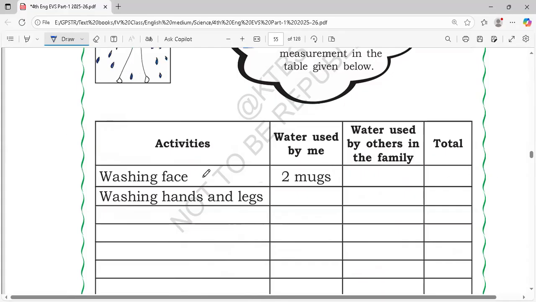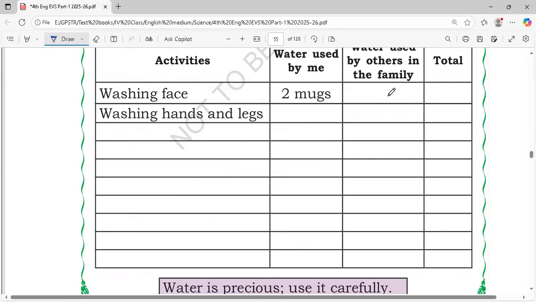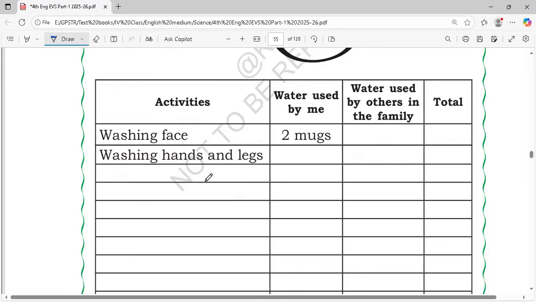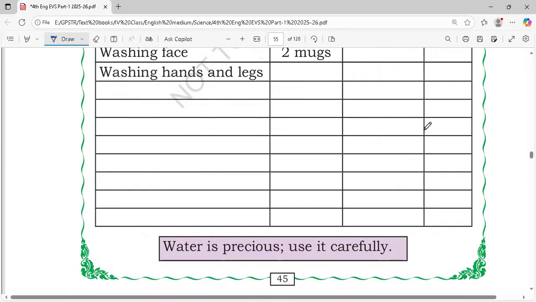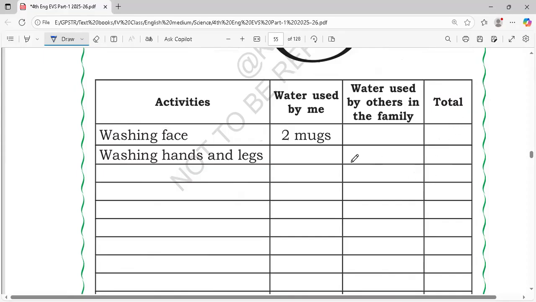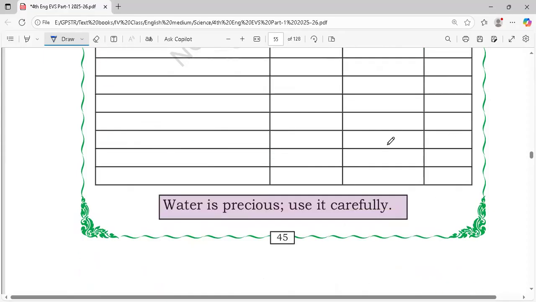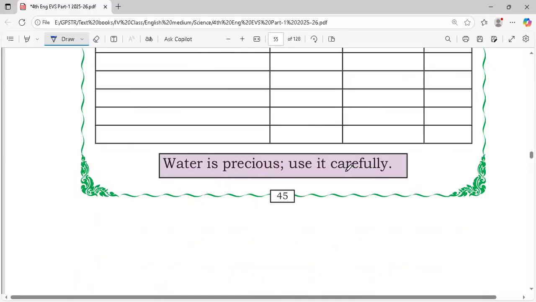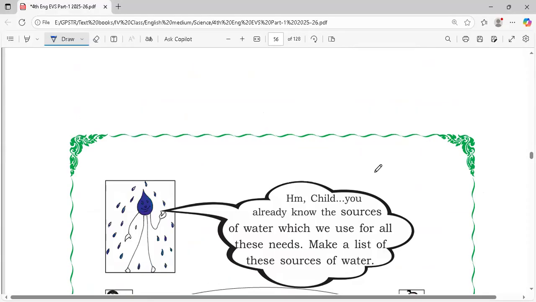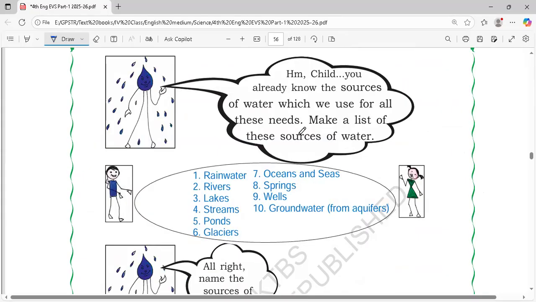Washing face, 2 mugs. Washing hands and legs, 2 mugs. According to your family members, write down these activities and the total amount of water they use and you used. Water is precious, use it carefully. Yes, water is precious. Next,